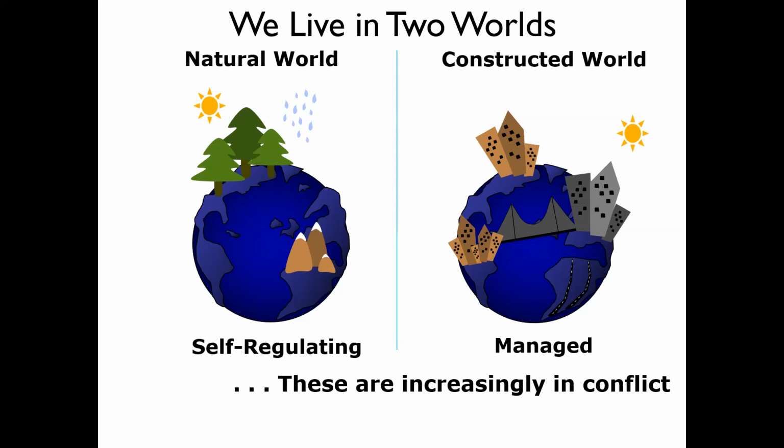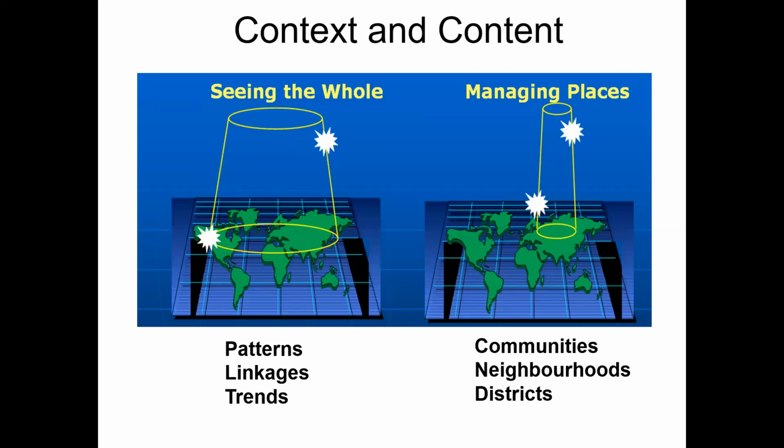On the other hand, we already know humans have greatly altered some of the land cover or land use features, maybe converting some of the agricultural land, farmland to buildings and constructing bridges and so on. That is more of a constructed world, and it is more like a managed world. So more often than not, there is an increasing conflict between a self-regulating world and a managed world, right? So when we talk about the world, when we talk about space to study, we need to look at the data in different context.